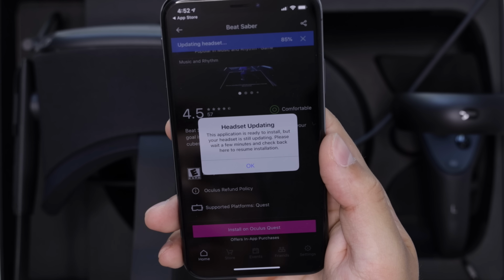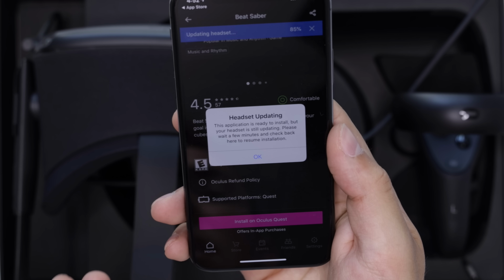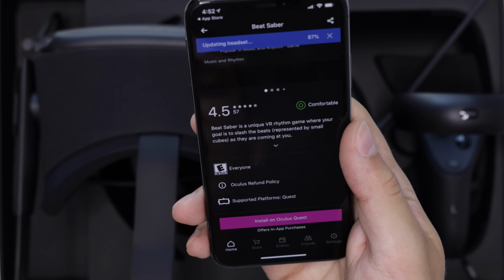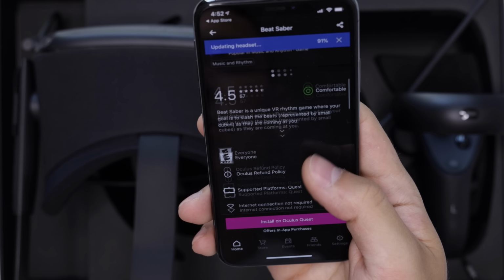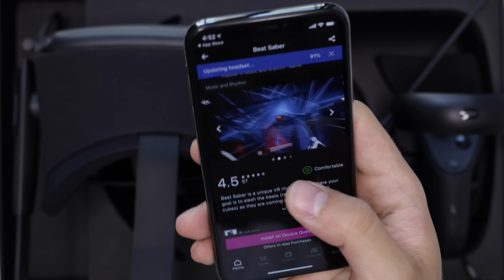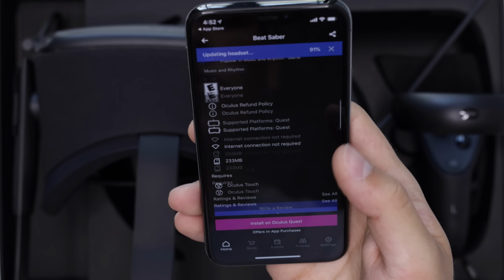it says the application is ready to install, but your headset is still updating. Please check back and wait a few minutes, and they'll resume installation of, I guess, the app after it's done updating. So it's at 91% now. And of course, here after you buy it, it now says install on Oculus Quest. All right, so before all the cameras die on me here, let's go ahead and real quick try the spacer